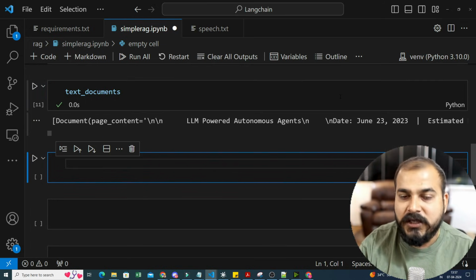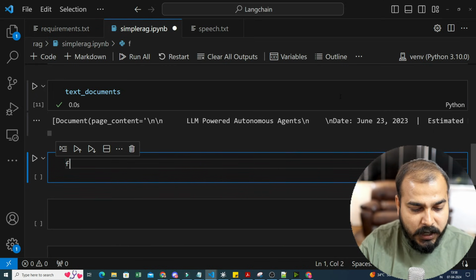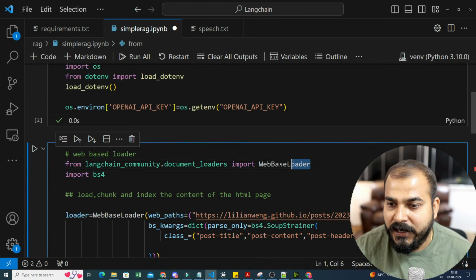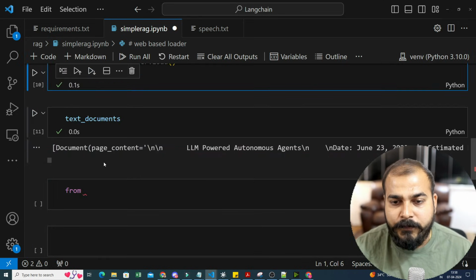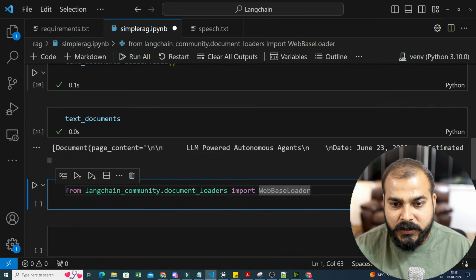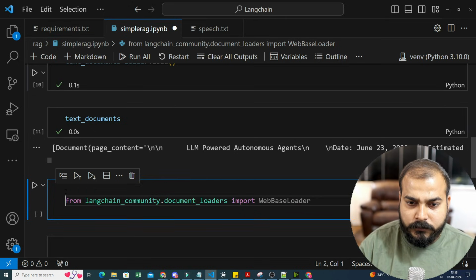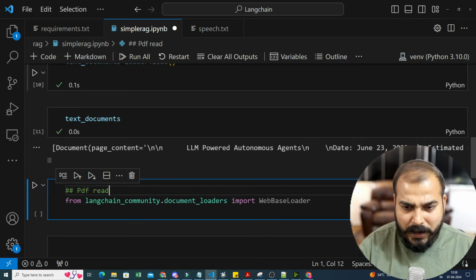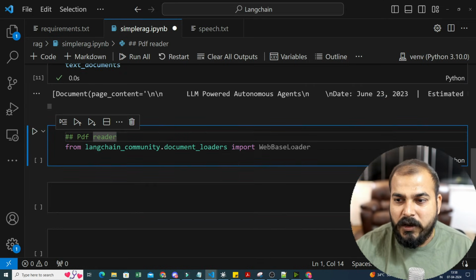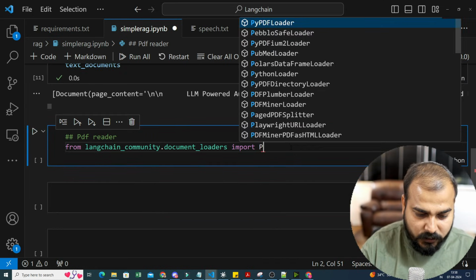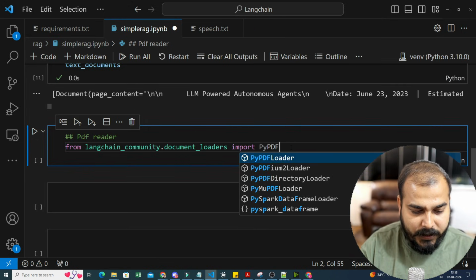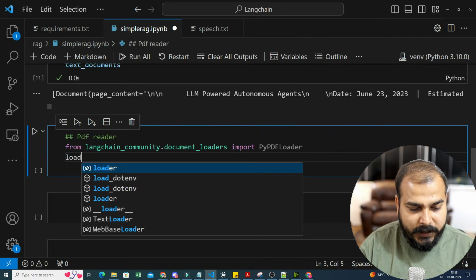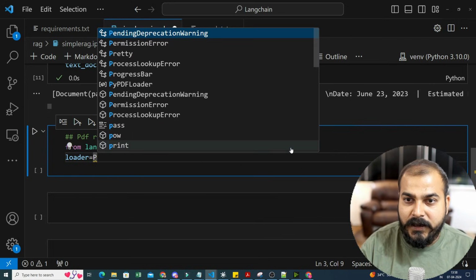And how to do that? See, still we are in the data ingestion phase, and how do we do this? From the same library that we'll be using, again, we have to focus on document loader, and here I will copy and paste it. And this is basically my PDF reader. One more library dependency will be there, so we will try to install that also. So here I'm going to write PyPDFLoader. And again, I will be using loader equal to PyPDFLoader,